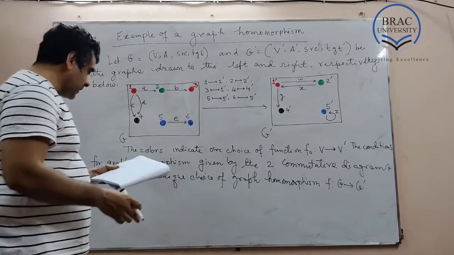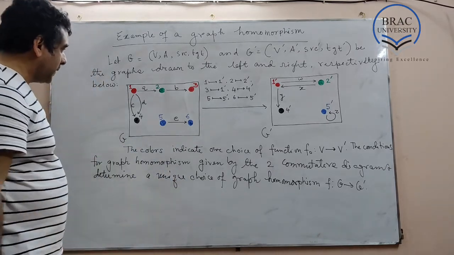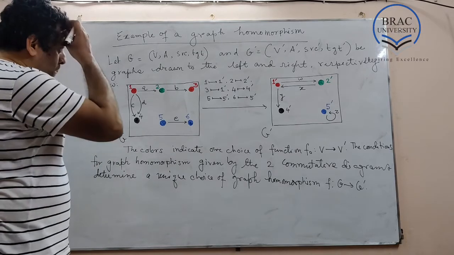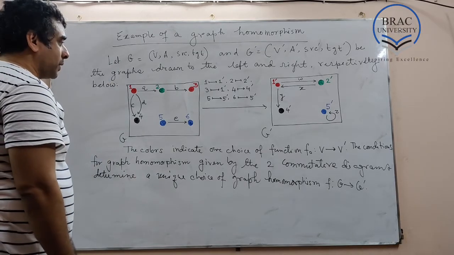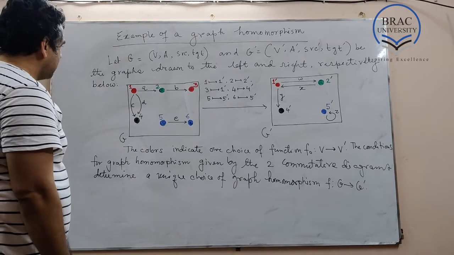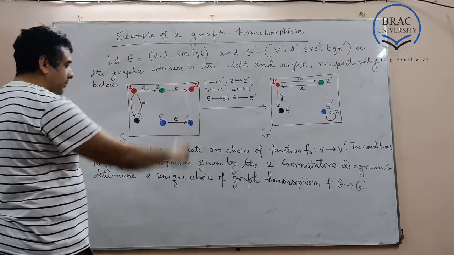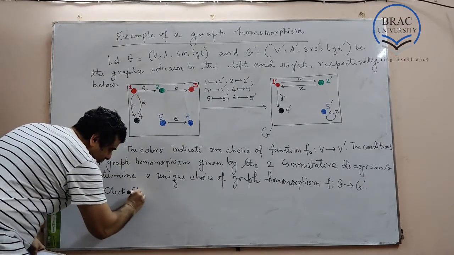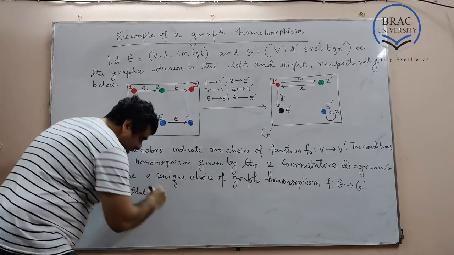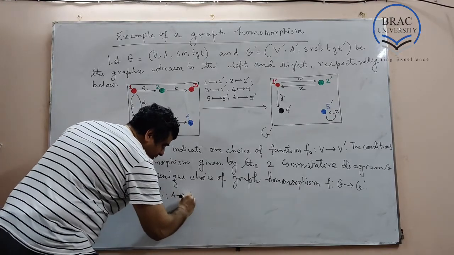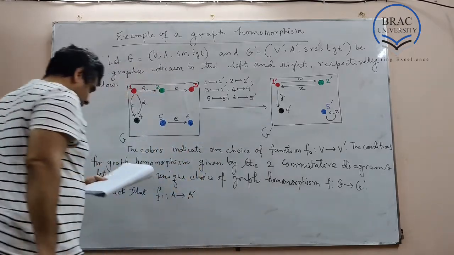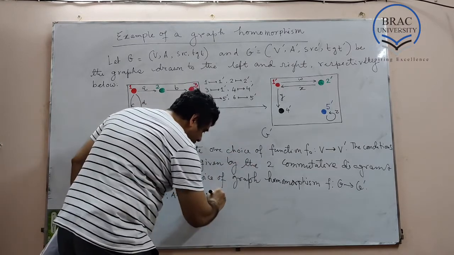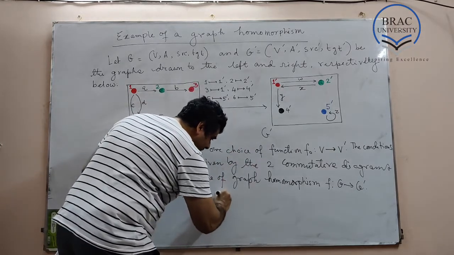There are certain things to be checked. First thing to check about this arrow f1. Now the function f1 from one set of arrows to another set of arrows. So check that f1 from the set of arrows A to the set of arrows A prime is given by, under this unique graph homomorphism, is given by,